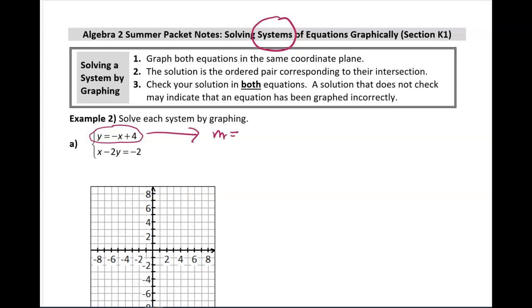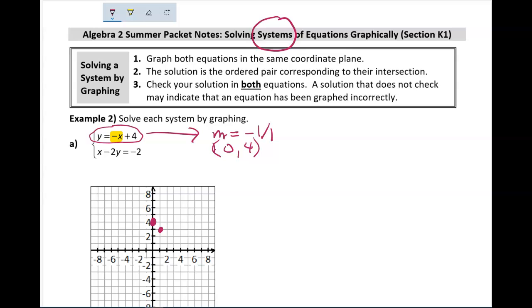we have a slope here of negative 1 and a y-intercept of the point 0, 4. That can enable us to graph this. Now 0, 4 is a solution because if we replace x with 0, the y value has to be 4. Now we can use our slope to get some other points. The slope is negative 1 over 1, which means we go down 1 for every time that we go over